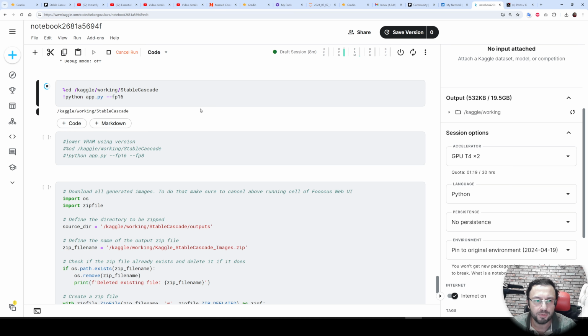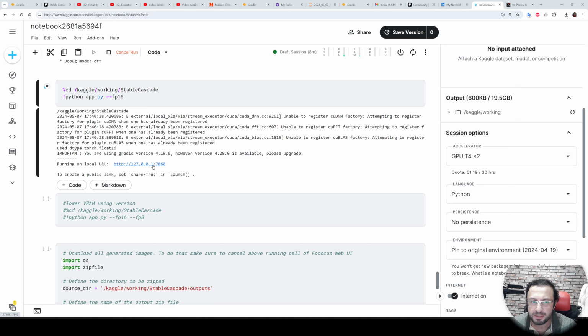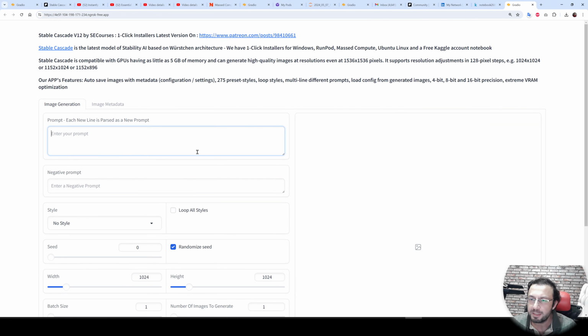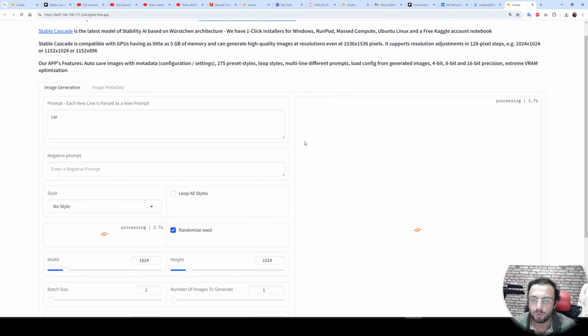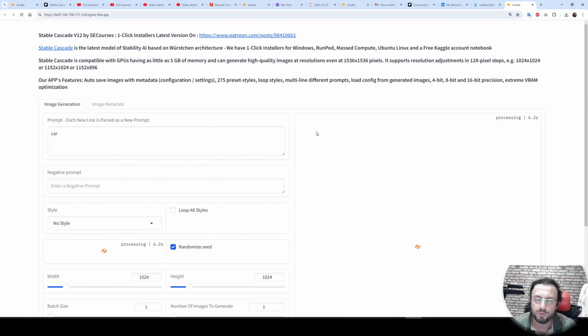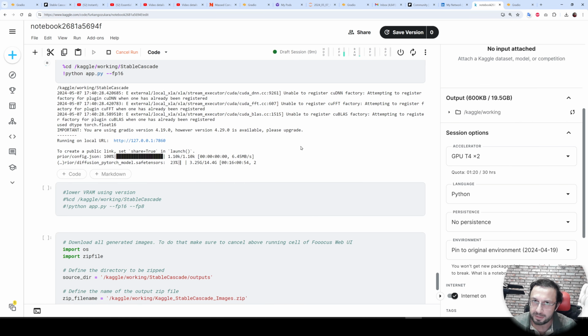It is working amazing. You don't need to worry about anything. Just wait for it to start in the local URL. Once you see this message, open the link above you got and click the visit site. And you see Stable Cascade application that we have started on Kaggle. Let's generate something like a car image. The usage is same as Windows or RunPod or Massed Compute. You can watch the Windows tutorial to learn about everything, all of these options. When you first time generate anything, it will download the models as usual. The download speed is super fast as you are seeing right now.